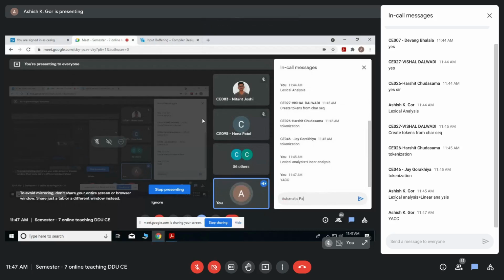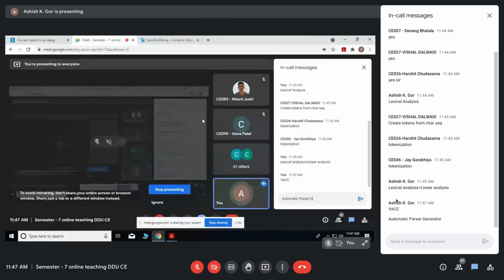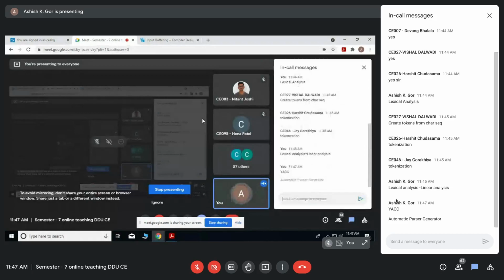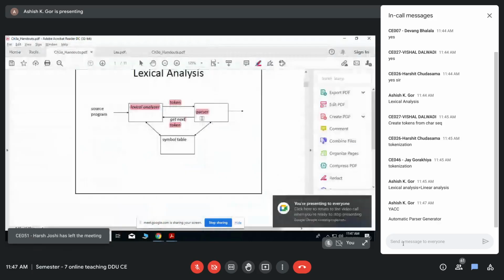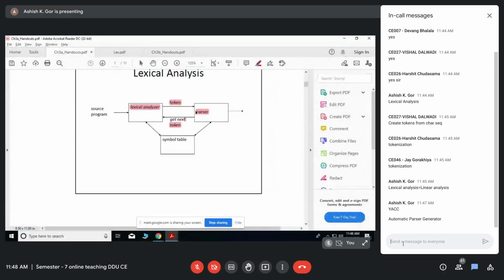There also this concept of an interactive process will be used. There you are going to write both programs, the Lex program as well as the YACC program. The parser calls for the next token from the lexical analyzer, and the lexical analyzer returns the next set of tokens.